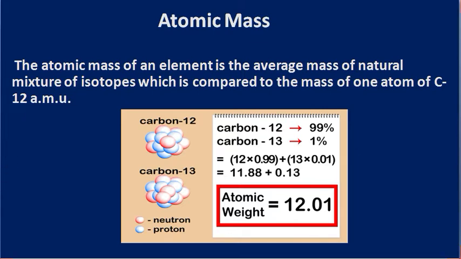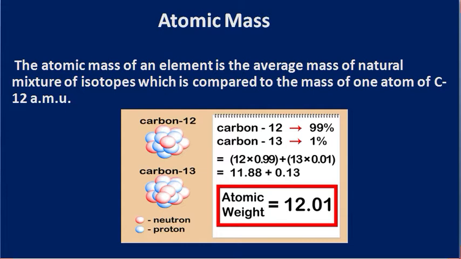So here we will see what AMU is. AMU means atomic mass unit, right? And they are talking about isotopes. What are isotopes? Isotopes are atoms of the same element that have different atomic masses but the same atomic number. We will discuss it in the third chapter, so then you can understand more clearly.